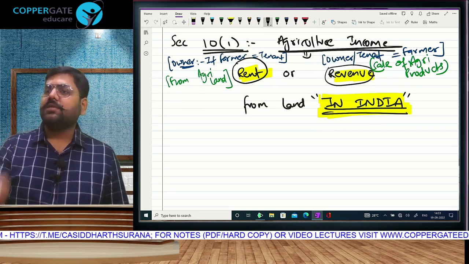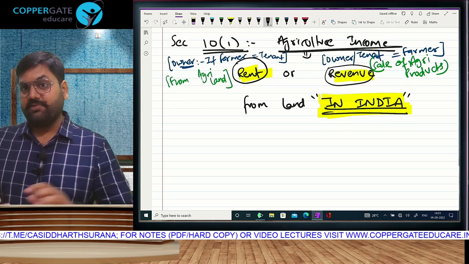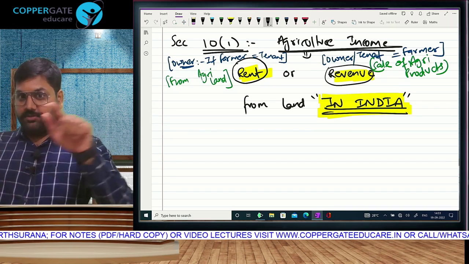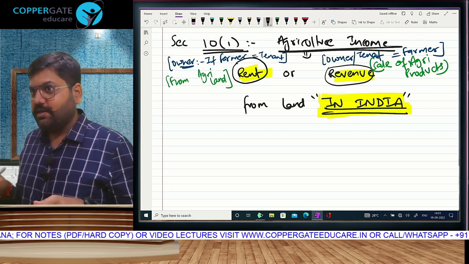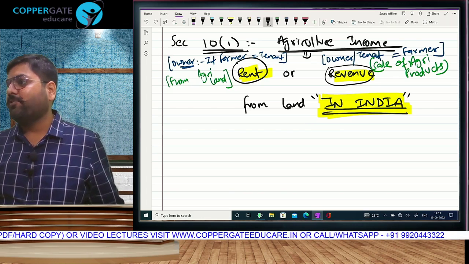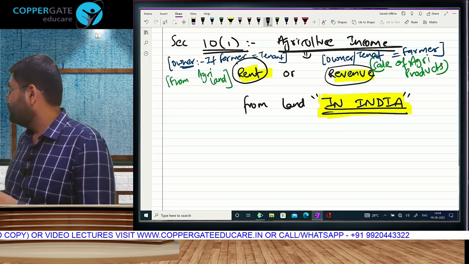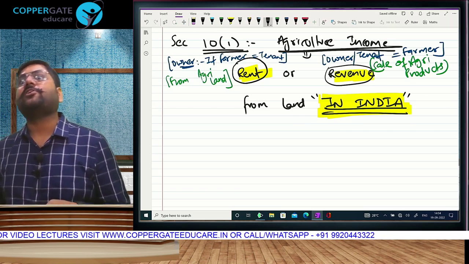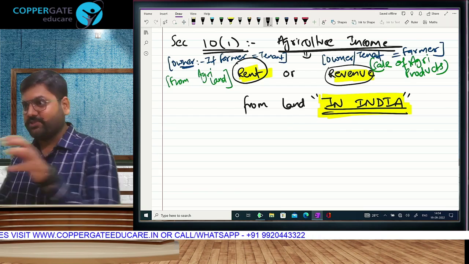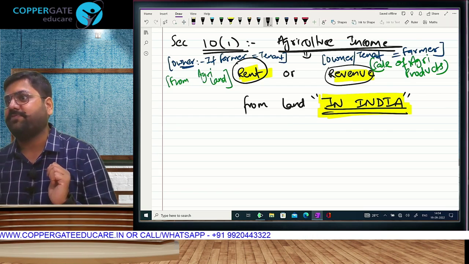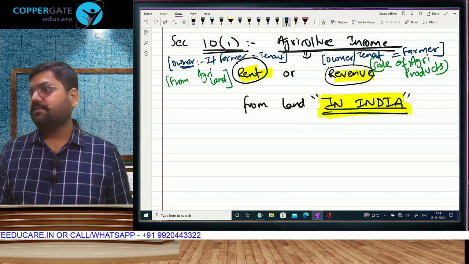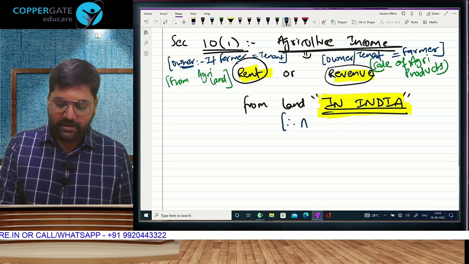This teaches us a very, very important thing. Look, whatever I am writing in black is what is written in the section. What you observe in a different color is not the law, it is my explanation. You have to read the law and interpret what it is trying to tell you. If it says rent or revenue both exempt, it means not just the farmer but the owner of the land also has the tax benefit. If it says land in India, that means, this is my explanation, if I do agriculture outside India,